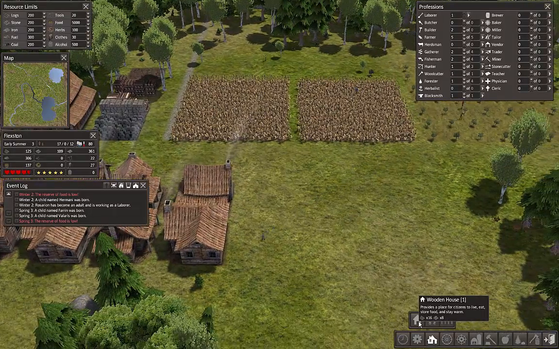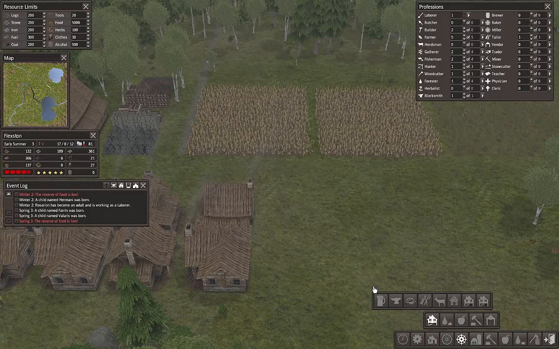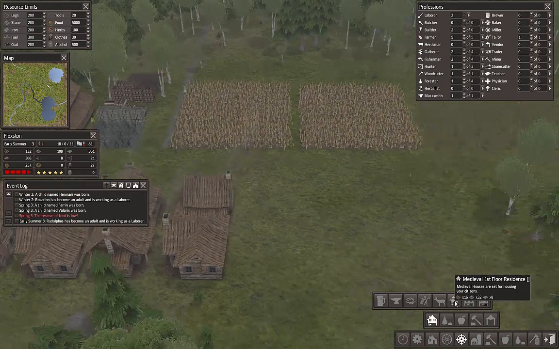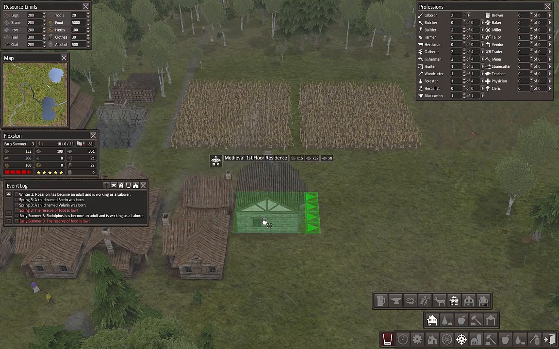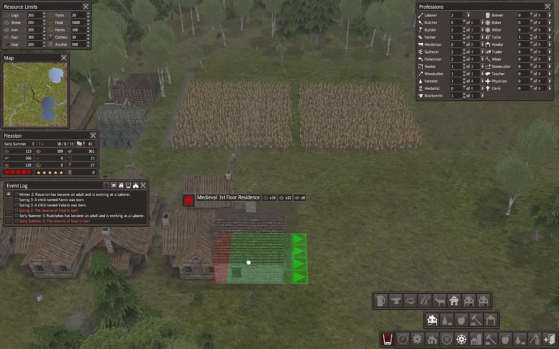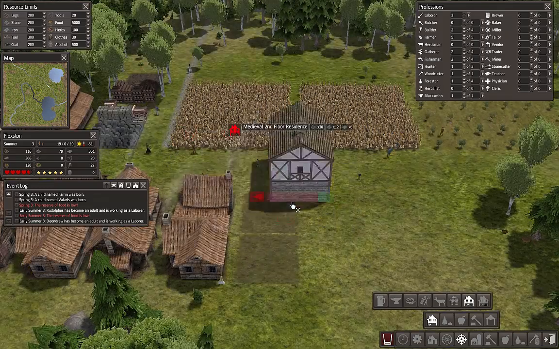So let's build a house. Should we see what the medieval houses look like? So this is actually quite a lot of stone, but they look cooler, that's for sure. Let's build a couple of these. And then what's the...